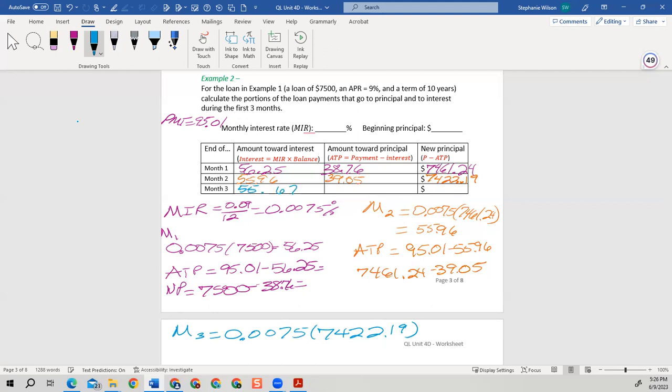I'm going to take the payment of $95.01 and subtract that 55.67, and then I'm going to have a principal portion of $39.34. We're going to take that 7422.19 and subtract that 39.34. And it gives me a new balance of